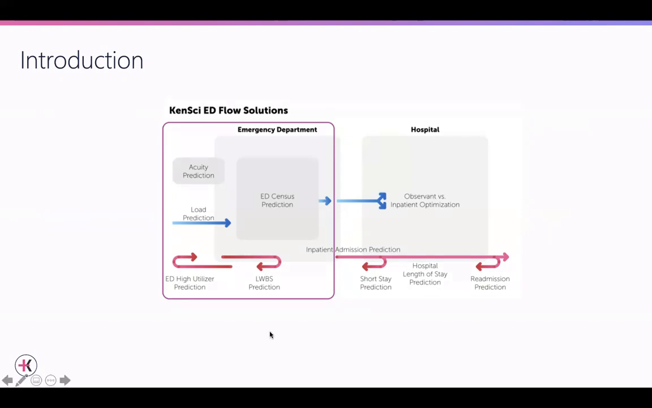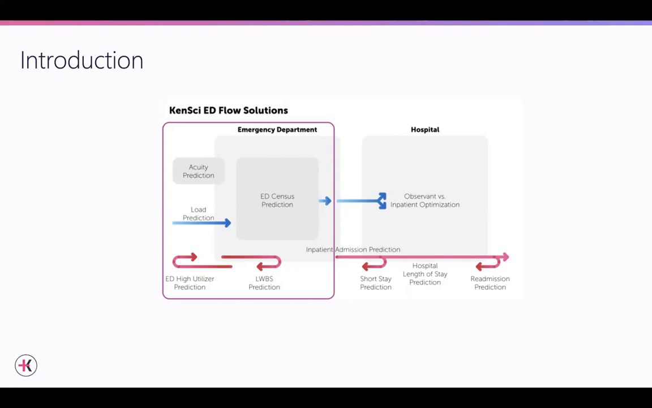The two problems that we are focusing on today are ED census prediction, where we try to forecast the ED census for the near future, and also predict the arrivals, the number of patients who are going to arrive, which is load prediction, and also acuity prediction as a way of predicting arrivals in each of the acuity buckets. And there are three other solutions that we are working on, where we predict the risk